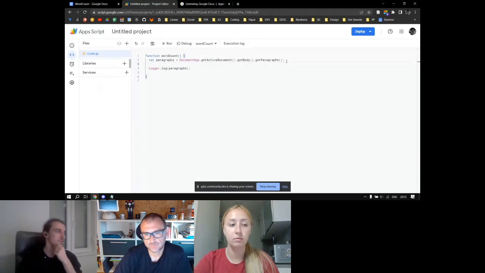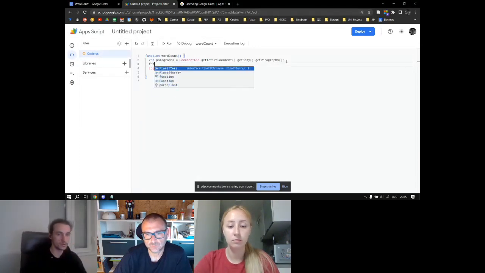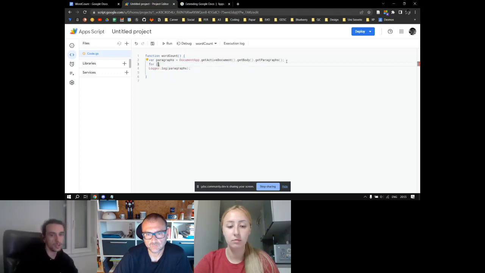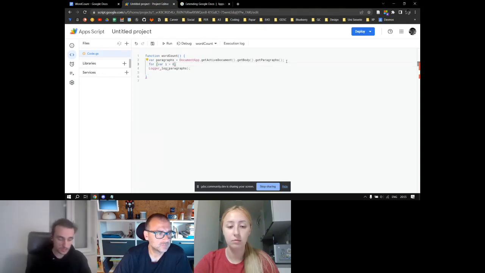We can use the basic implementation of a for loop. So in JavaScript, we would give a starting value for some variable, and make a limit that corresponds to the number of these paragraphs.